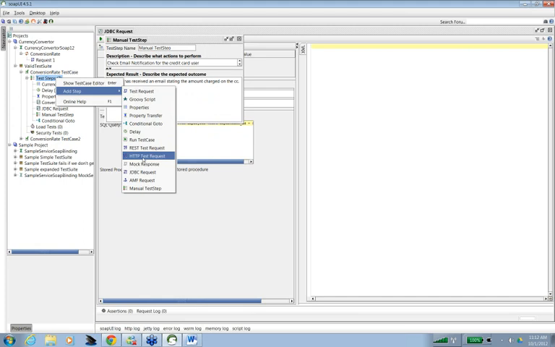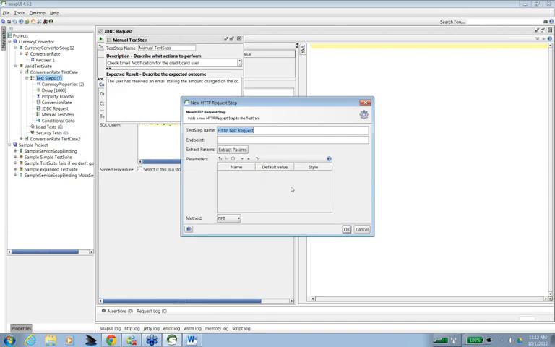So you can add that request also. Here it's going to ask you for the endpoint. Endpoint is again nothing but the URL to that particular request. And if there are any parameters, let's say if it's a get request, then there might be some query strings. So you can give those parameters here.